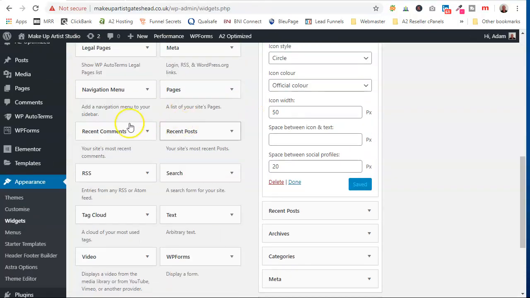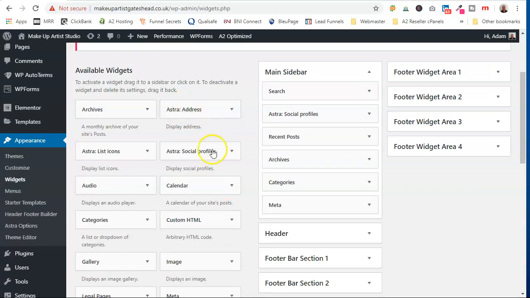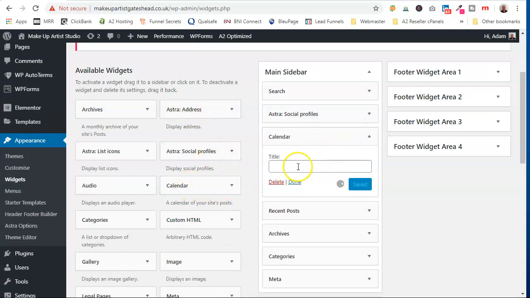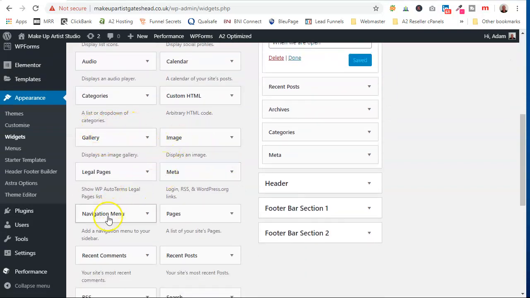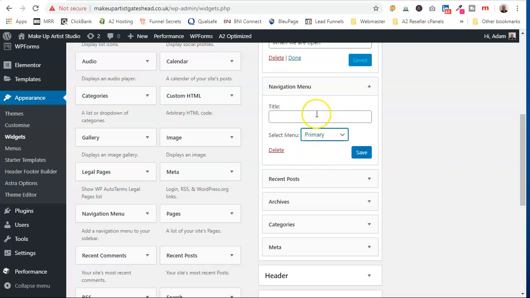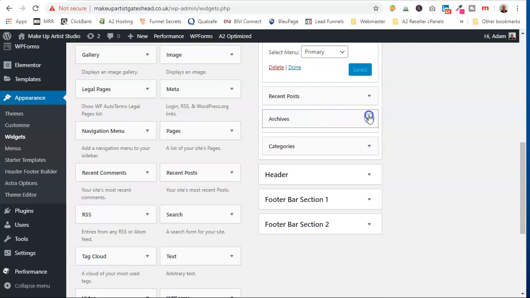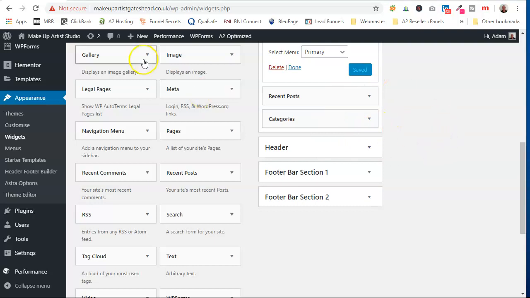And the same, you can have a look here. Close that down. You could have your address for your business. You could put in a calendar. Could put in images, galleries, your legal pages, a navigation menu, so you might want all your primary menu, a website. Save. If we wanted to get rid of some of these, the metadata, we don't want that. We don't want our old archives, we delete that. And then as we make